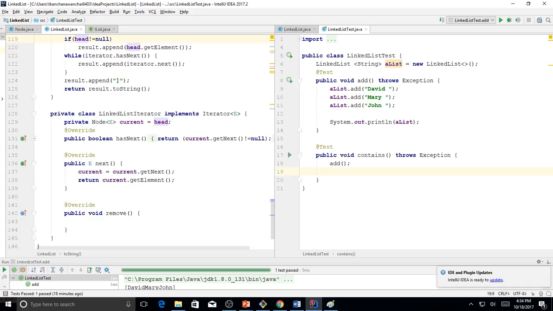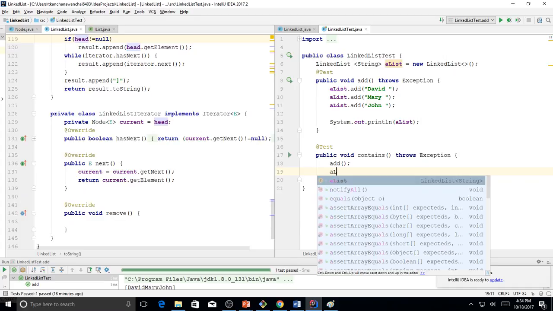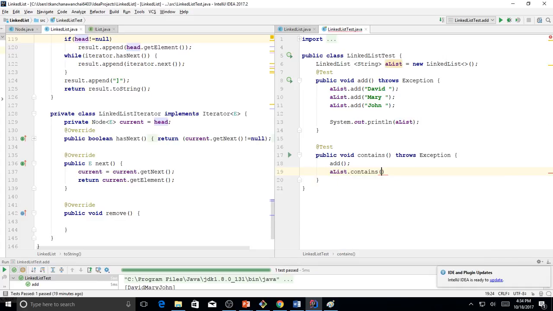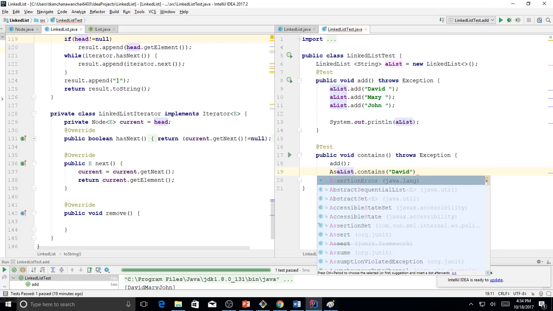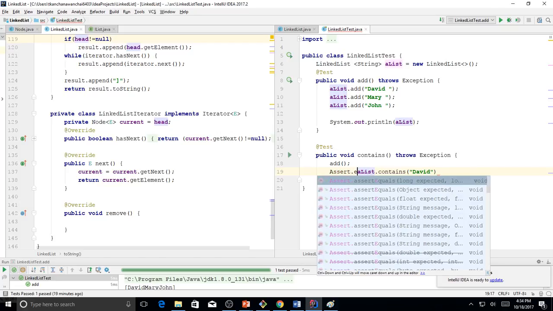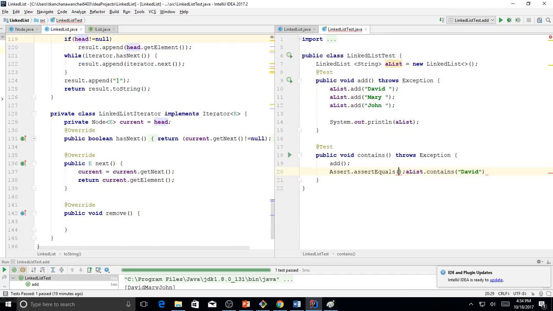Now we're going to test contains, so list.contains, and you could do the assert, right? Assert.assertEquals, and this is pretty much just the message, right? Expected true, and